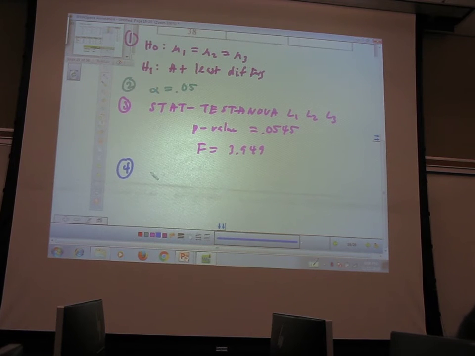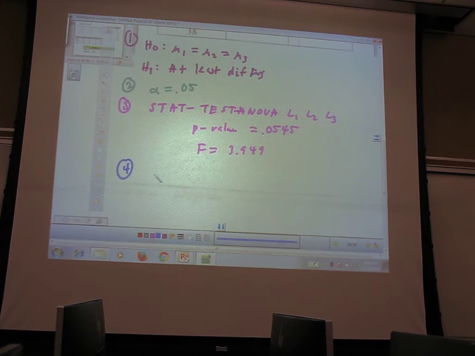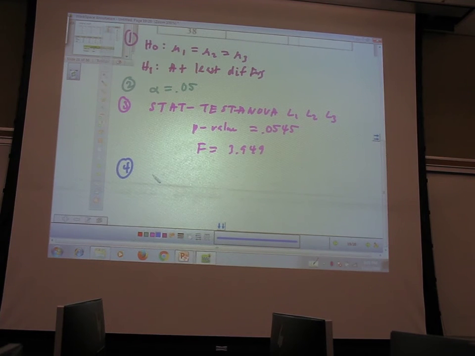And so if it's not unusual, does that mean you're rejecting H naught or not rejecting H naught? Not rejecting H naught. It's not unusual. Everybody on board with that? Do not reject H naught